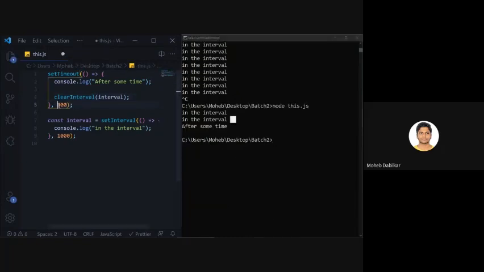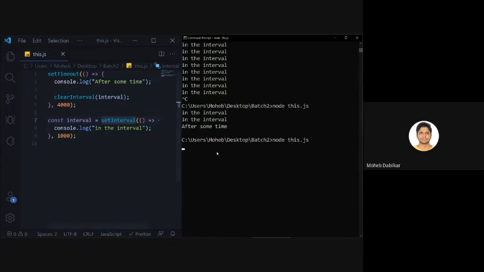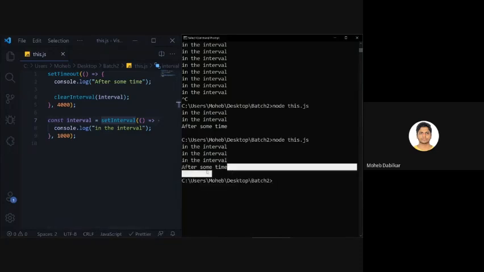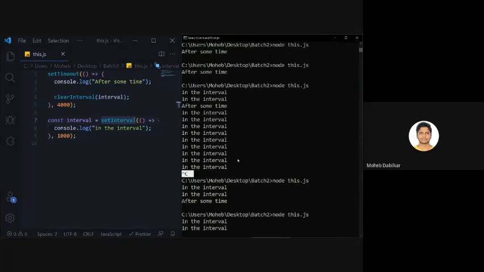If we increase this by 1 more second, it will say it 3 times, and the fourth time, at the 4th second, it will say clear interval, this interval. All right, so now if I say this, it should print it out 3 times. And the better part about this is it stops the server as expected. Over here you didn't want to stop the server, but you also did not want to clear this interval.